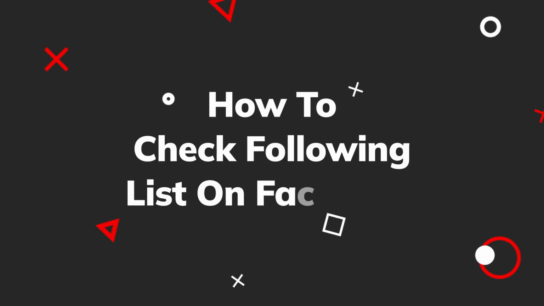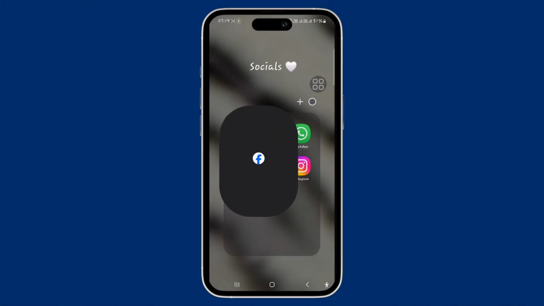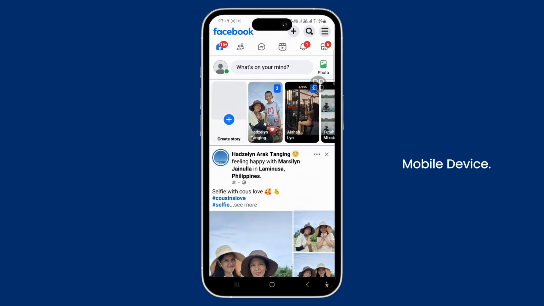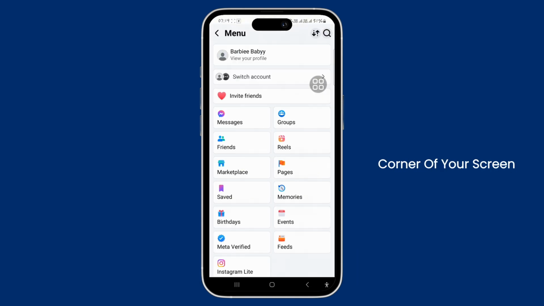Here is how to see your following list on Facebook. First, go ahead and launch your Facebook or Facebook Lite application on your mobile device. Log into your account, and then tap on the three lines in the top right corner of your screen